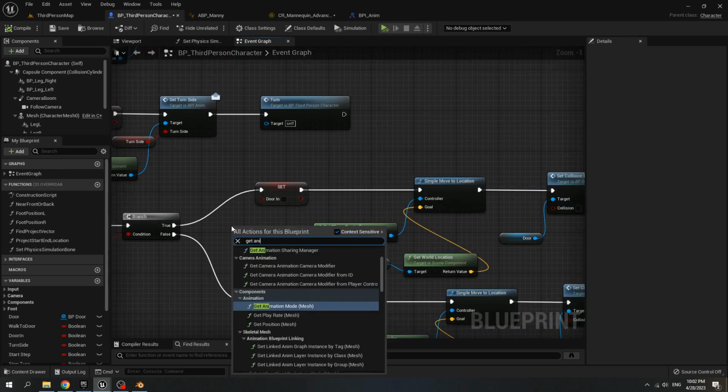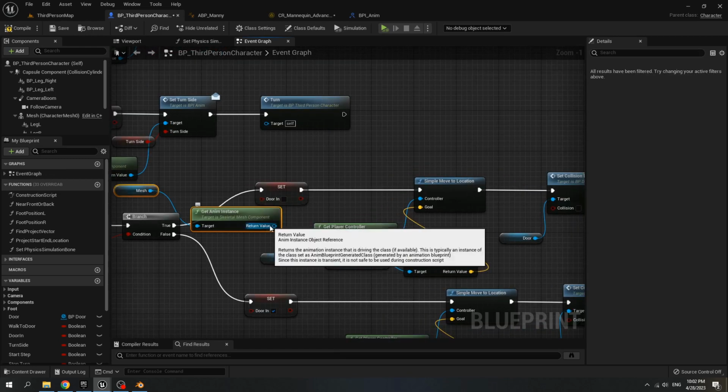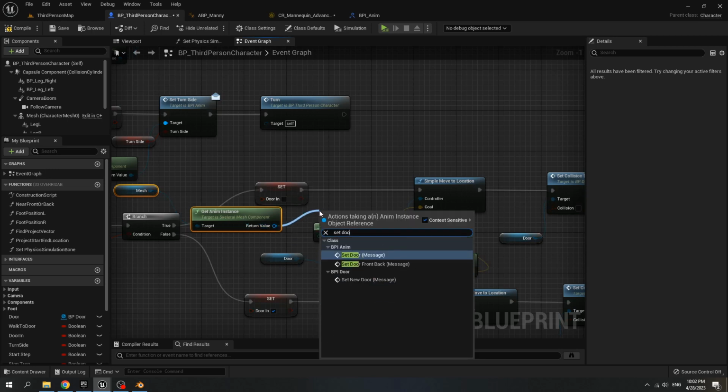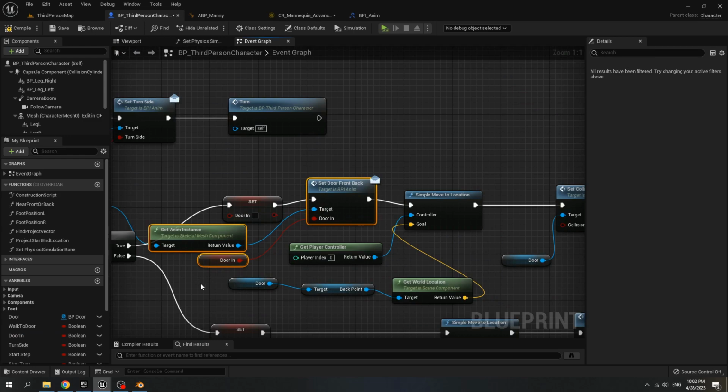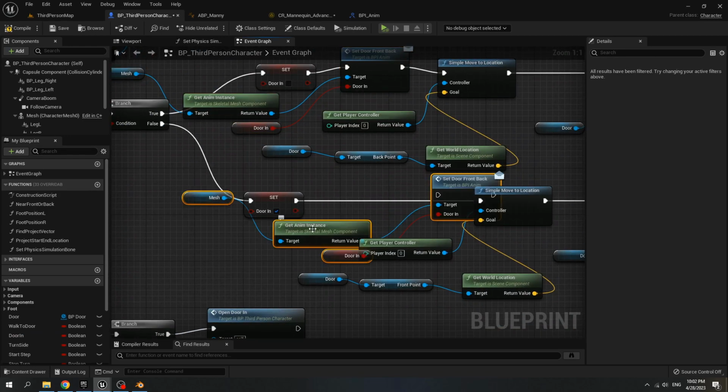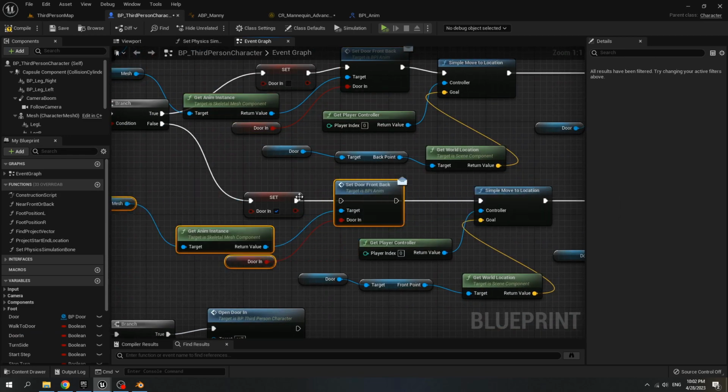Get anim instance and call set door front back, and get door in, connect it to the door in. Copy this and paste it for the door in is true.